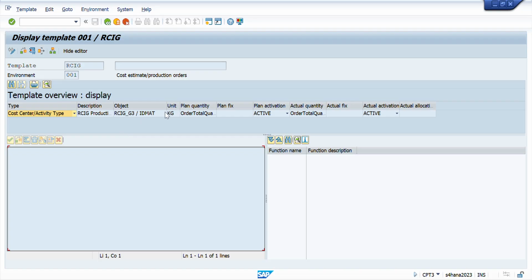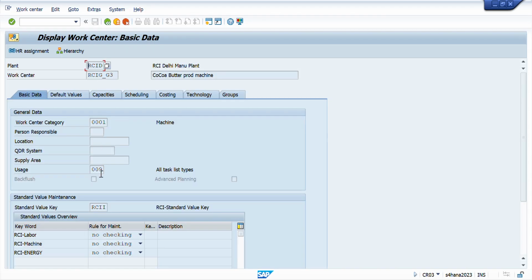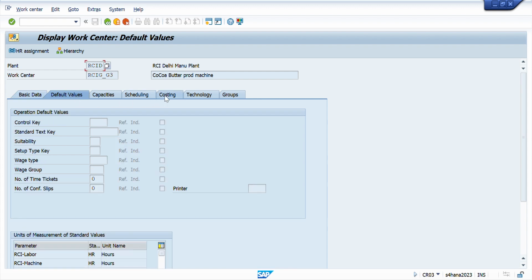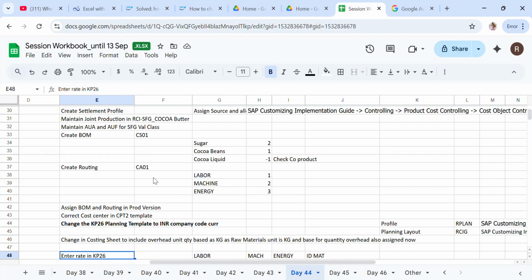And here you see the cost center is RCIZ_G3. This is the same cost center which is assigned in my work center. As you can see over here, the same cost center that I made the changes in the template has been assigned to the work center. Okay. Now, after doing this,